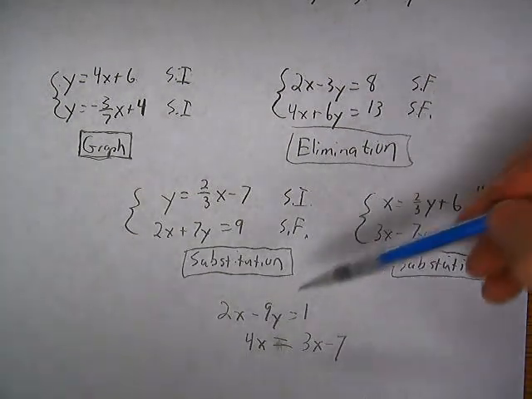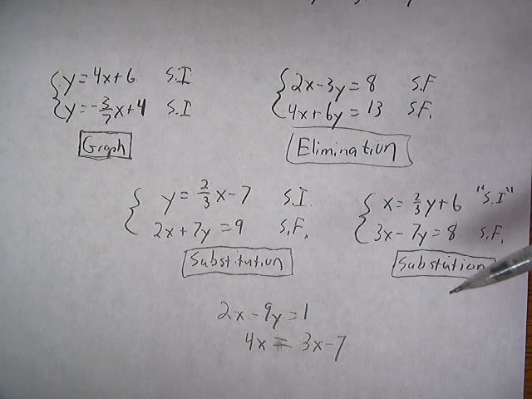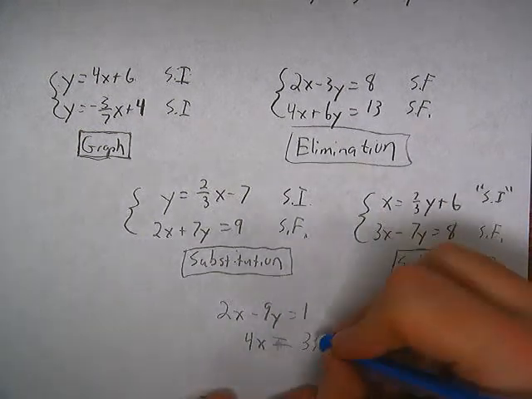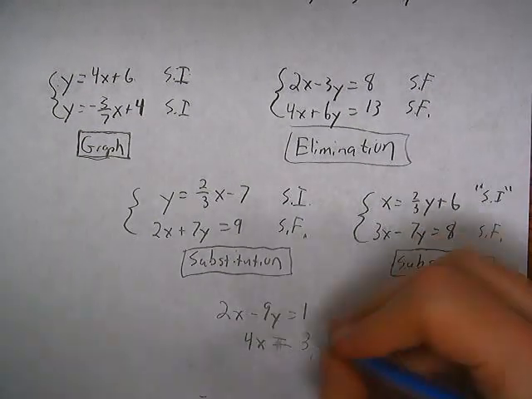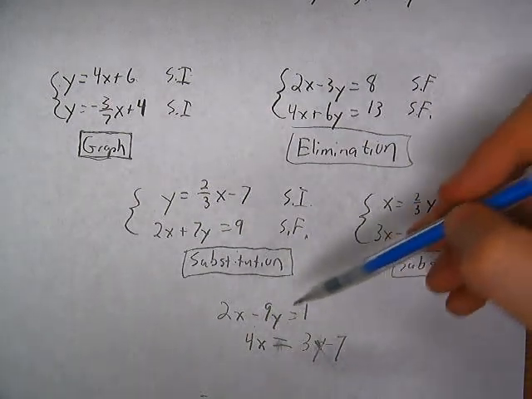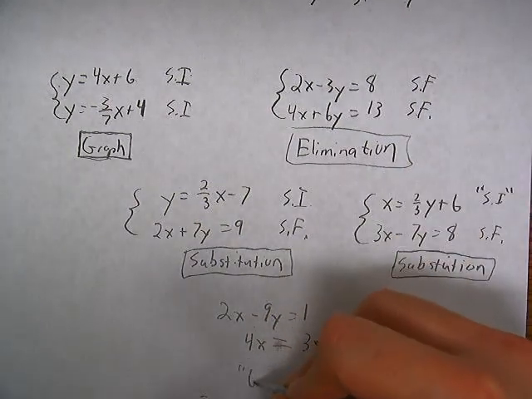Now in this case, again, I've obviously got a standard form there. This one doesn't quite fit any of the ones above. It doesn't quite fit standard form. It doesn't quite fit slope-intercept. So on this one, I call this one the gray area